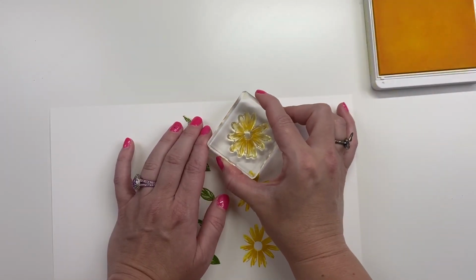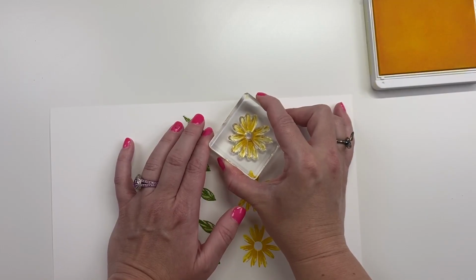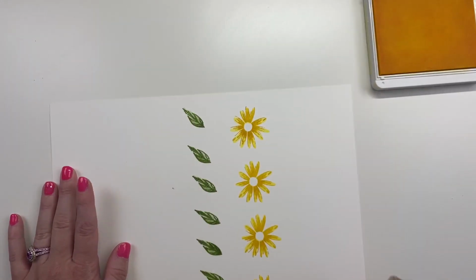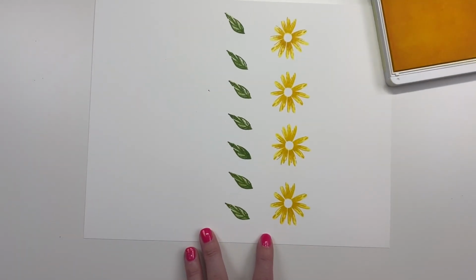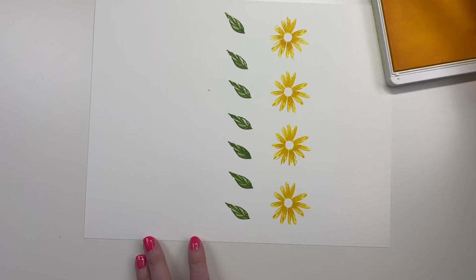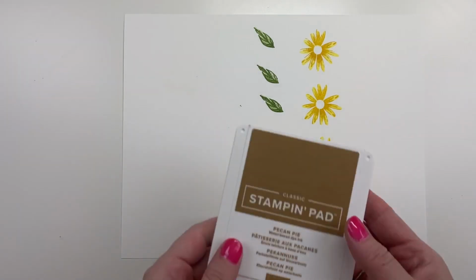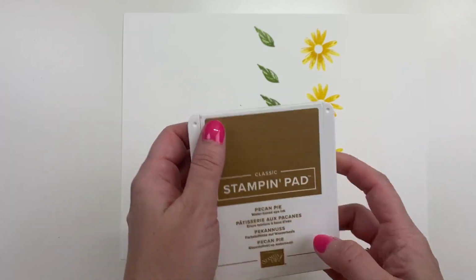Okay, and one more here. You're actually gonna need 3 of these flowers and like 4 or 5 of the leaves. But like I said, if you just stamp an entire sheet, die cut it all, then you have all of these parts and pieces to play with. So I've got pecan pie here,